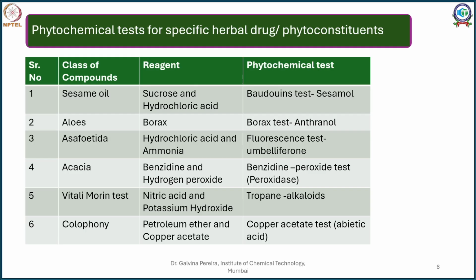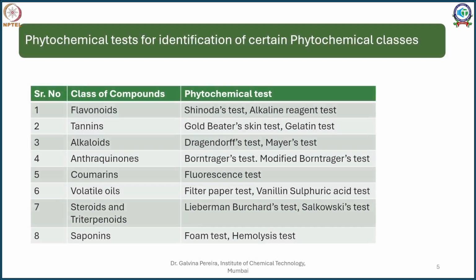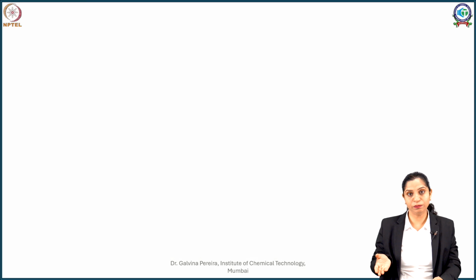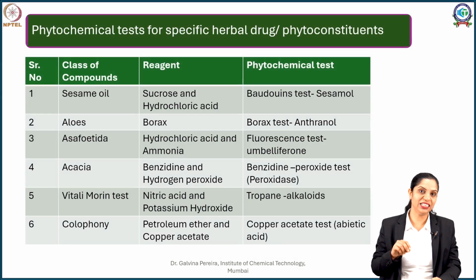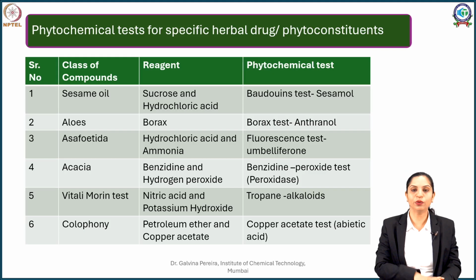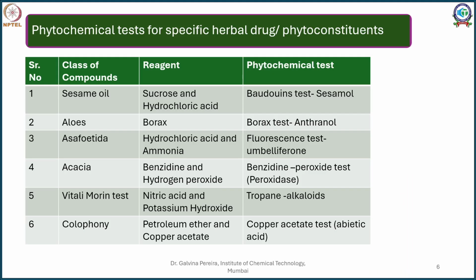In the previous slide, what we saw here is classes of compounds. So, I can take a polyherbal formulation, a herb, or a sample and evaluate whether this class of compounds is present or not. Whereas in this subsequent slide, the specific tests tell me whether this herb, this phytoconstituent, is particularly present in the plant or not. So, in some cases where the drug is exhausted, you will predominantly know if the compound is there or not using specific phytochemical tests.